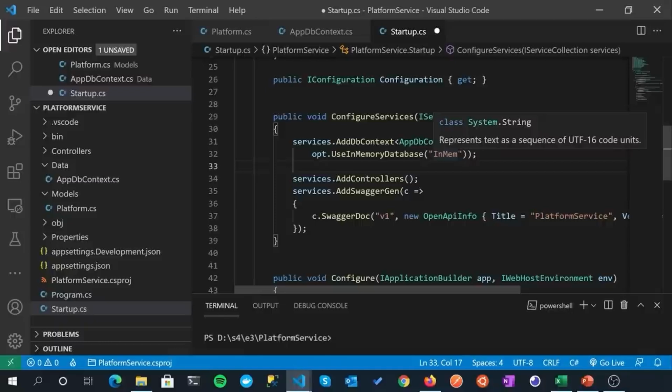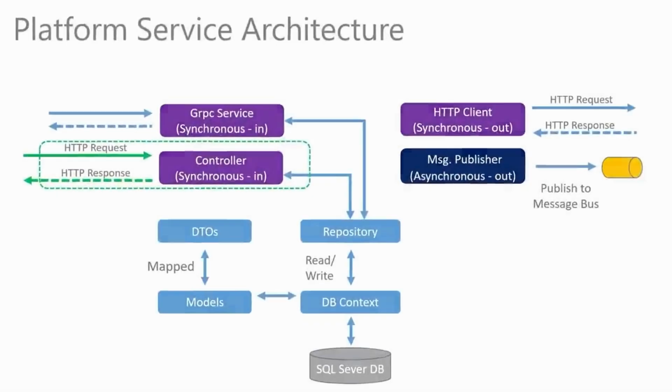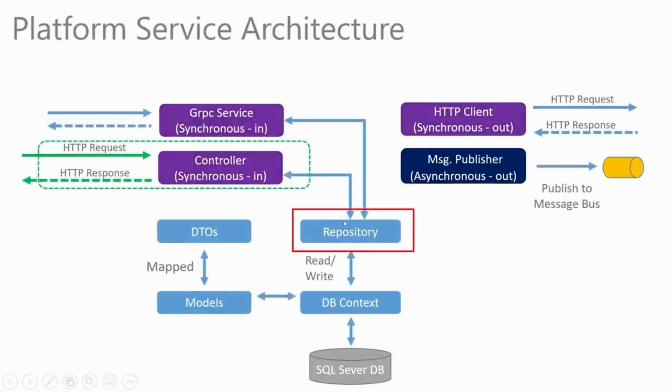But we can leave that for the moment. We just want to get up and running with our DB context. And that's it for our DB context. So in the next section, what we're going to come on to doing is we are actually going to work with a repository. So we're going to start to set that up in the next section.